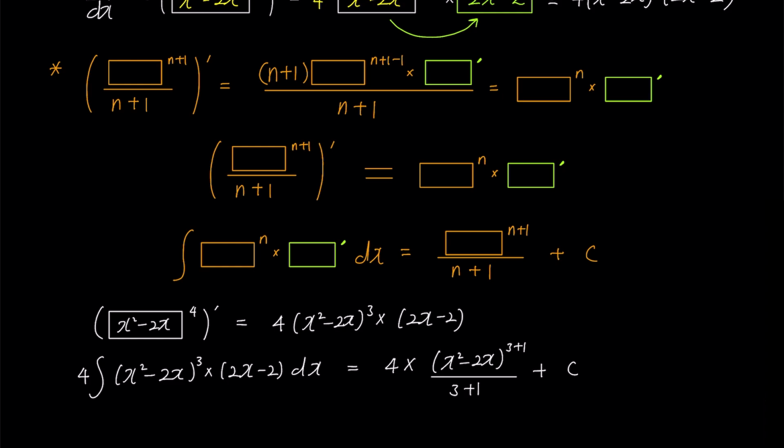When you simplify the expression, we get x squared minus 2x to the power of 4 plus c, and if we exclude c, the original equation is reproduced. We have just performed integration quickly using the green color box prime without substitution. Understanding the existence of box prime in differentiation and being able to identify box prime during integration make integration remarkably easier.